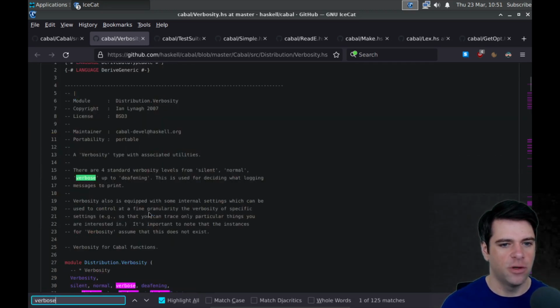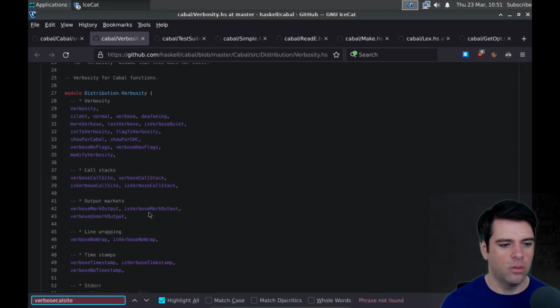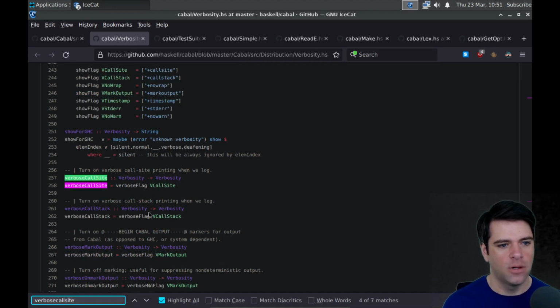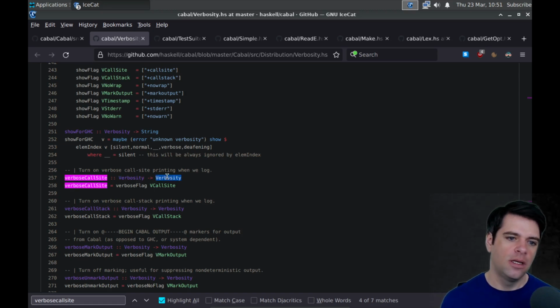Let's look at what verbose call site does, just to look at one of these implementations. Okay, so turn on verbose call site printing when we log, because verbose call site is going to take a verbosity and return a verbosity. And it's just defined to be verbose flag v call site.